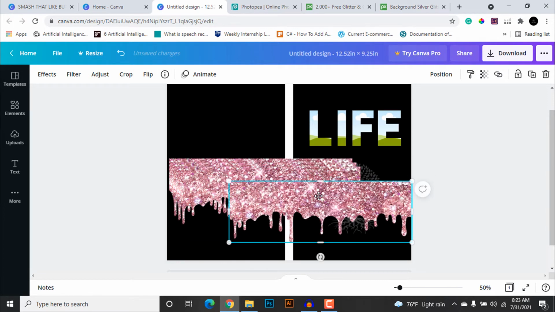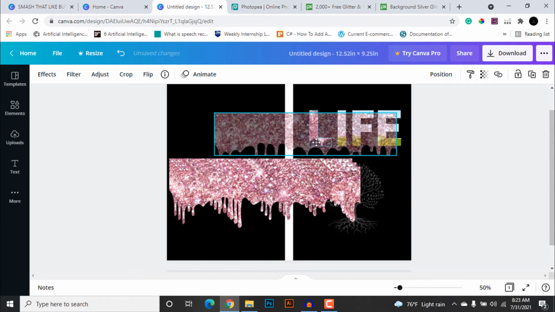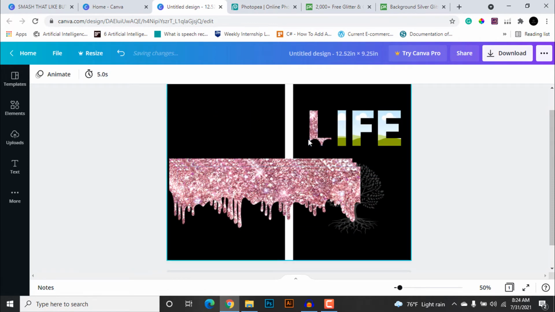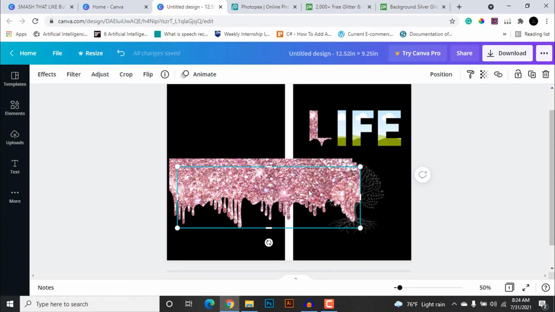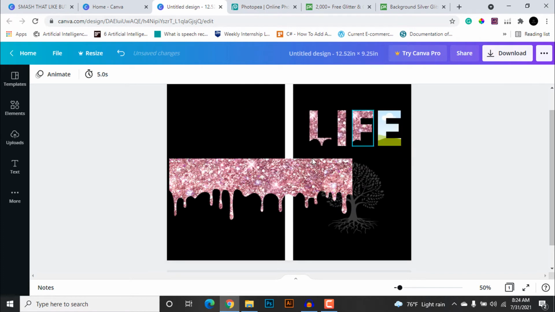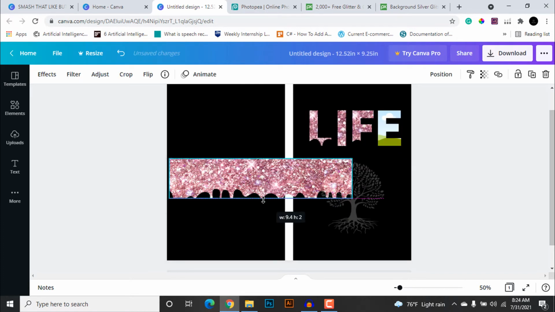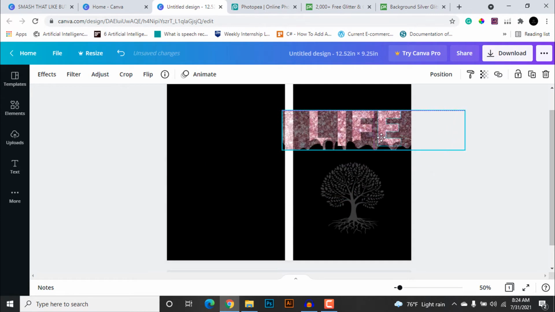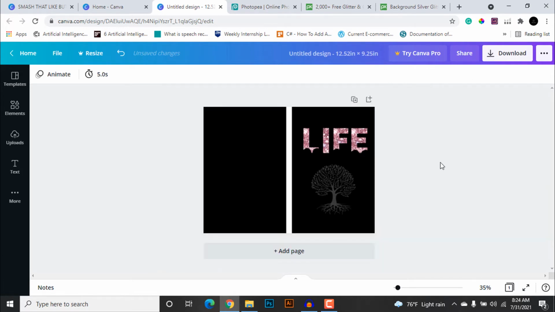So after copying this, what I did was I cropped this file. As you can see, cropping this file creates this beautiful gap which gives our text a more profound, more realistic and artistic look. So as you can see, cropping and placing our text makes it a lot more beautiful.